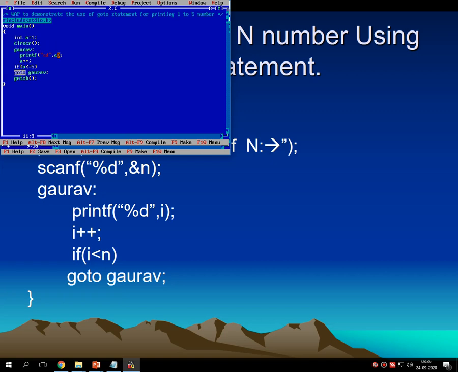It prints 2, then it becomes 3. 3 is also less than 5. It again comes back to Gaurav and prints 3, then it becomes 4. 4 is also less than equals to 5. It again repeats. 4 will be printed, then 4 becomes 5. Here I have mentioned a less than equals to 5, so 5 is equals to 5, so again control goes back